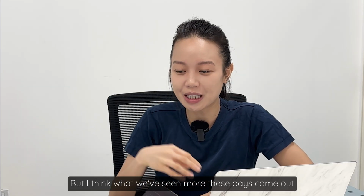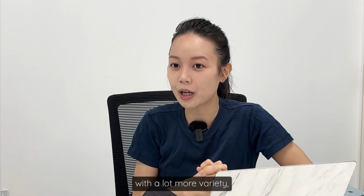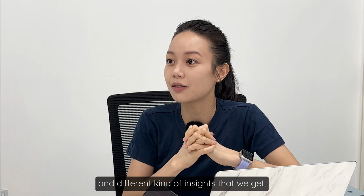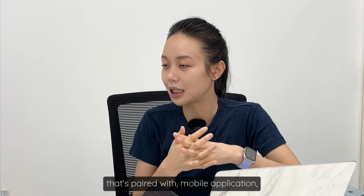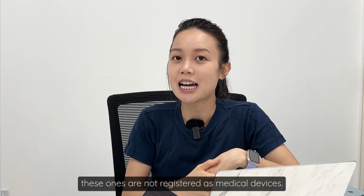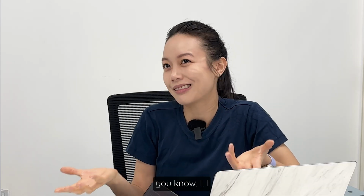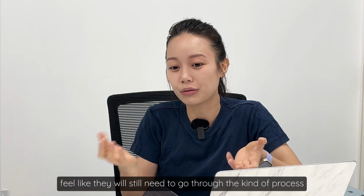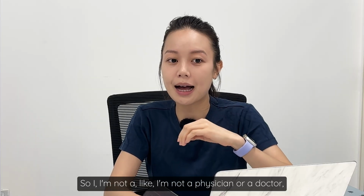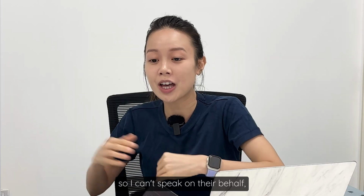But I think what we've seen more these days is a lot of consumer wearable devices with a lot more variety, a lot of different measurements and different insights that we get, paired with a mobile application. These ones are not registered as medical devices. And whether they can be used as a medical device, I feel like they would still need to go through the process to certify them as a medical device. So I'm not a physician or a doctor, so I can't speak on their behalf, but